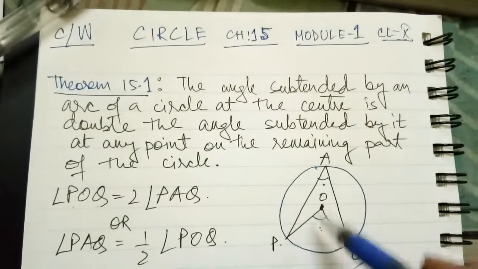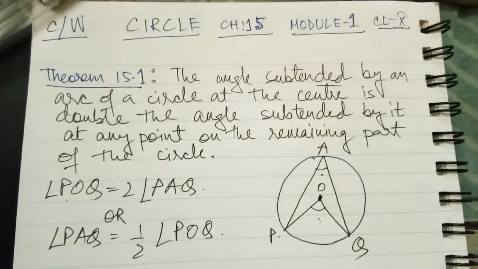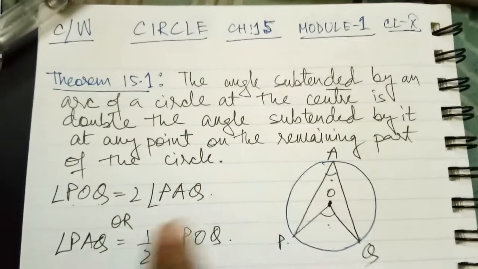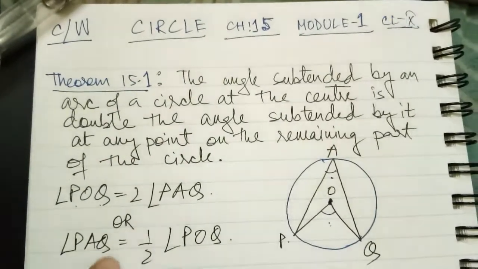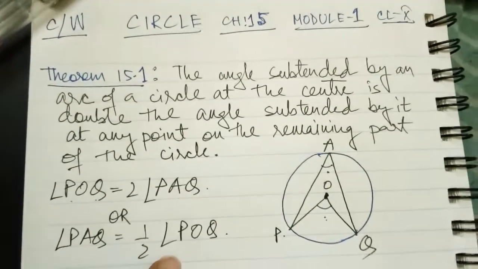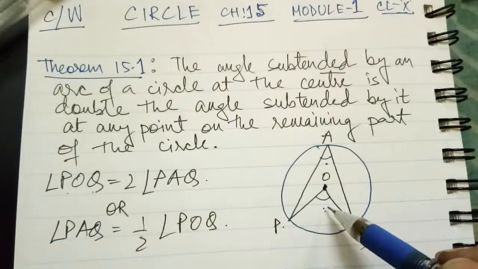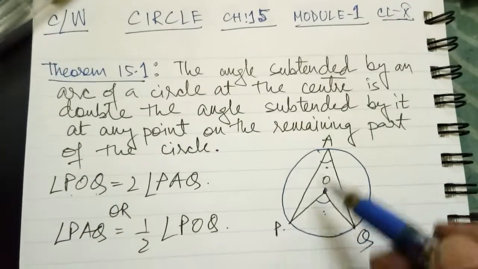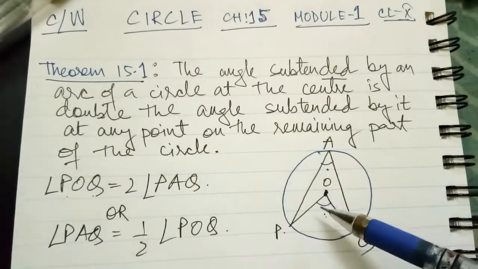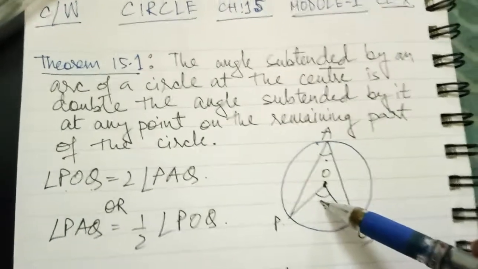Just the opposite also we can say. If it is given 90, then it will be what? 45. Why? See, I have written over here PAQ, just opposite of this one only. This 2 will be coming here, it will be divided by 2 only. Then if it is given 70 degree, then it will be 35 degree. From inside to outside will be double, from outside to inside will be half. These things you keep in mind.